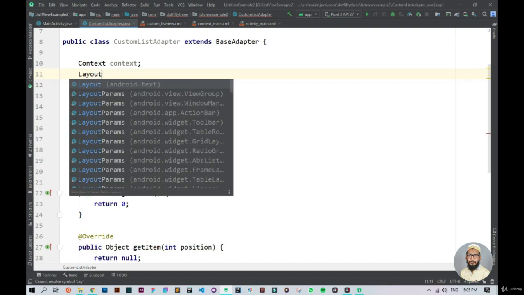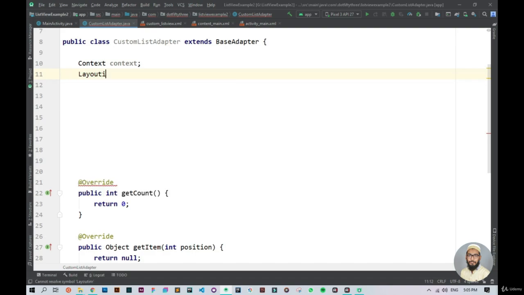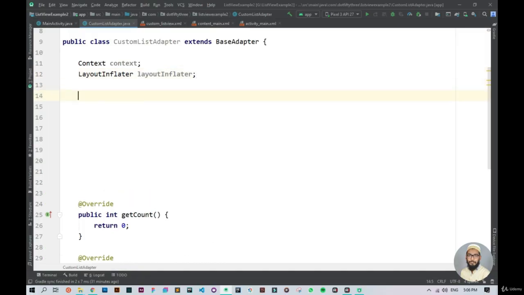I can say layout inflator here, and now I can create the object of layout inflator here. So I will name it as layout inflator. So using this object of layout inflator, we are going to actually inflate our layout to our main activity main layout. Okay, so now let's just declare the object first here, and now let's just create our arrays